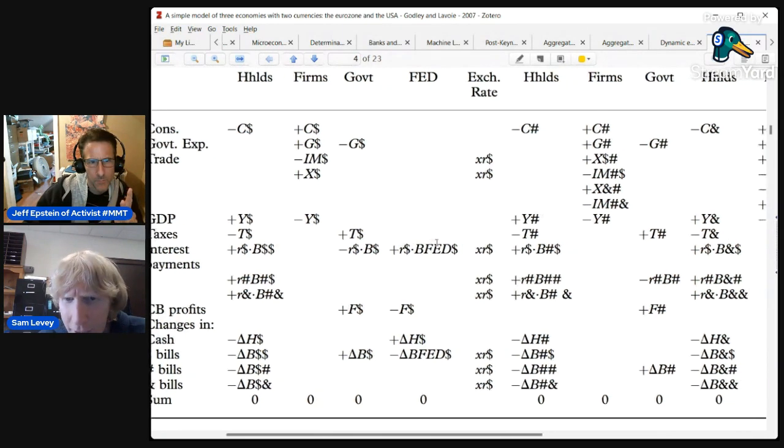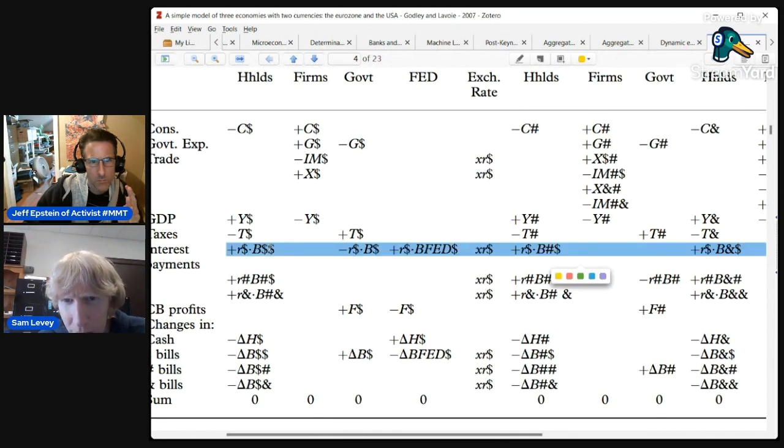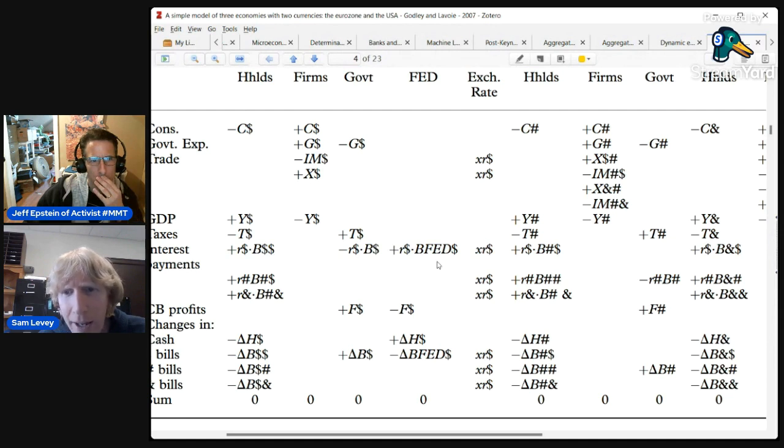I think the way the convention works is B means bills, and then there's two symbols after that. And I think the second one tells you who issued the bills. So like this one here, B pound $. The second one, the $, tells you that the US government issued this bill. And then the first one is the holder.